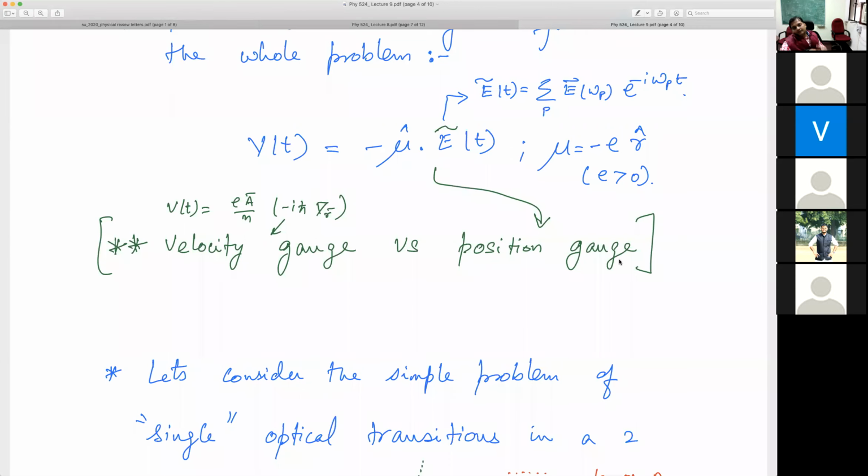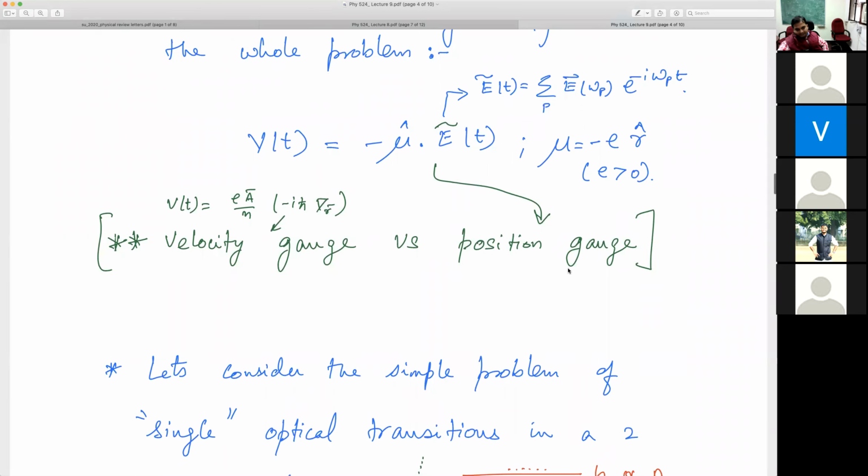But if you calculate higher order susceptibilities, then the path will slightly vary. Ultimately, you will get the same answer, but when you are calculating, it may look like you are calculating different quantities, and the physical meaning of what you calculate you can interpret in slightly different ways. There's a lot of debate in the community about whether velocity gauge is better or position gauge is better. You use either one, I am fine, as long as you can do accurate calculations in either of these and reach a final answer which will match with the experiment. I have absolutely no complaint.